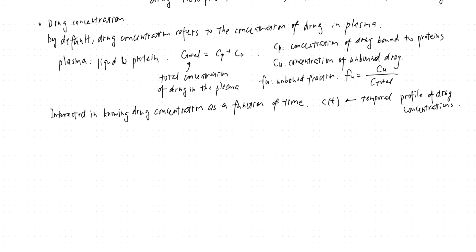So let's look at three typical scenarios of pharmacokinetic curves. Here, the x-axis is time and the y-axis is C, the concentration of drug. Let's first consider the first scenario, curve 1. This represents a case which we call absorption.